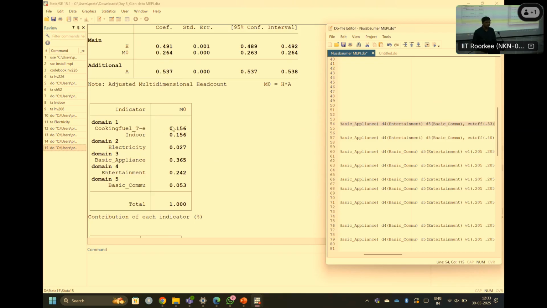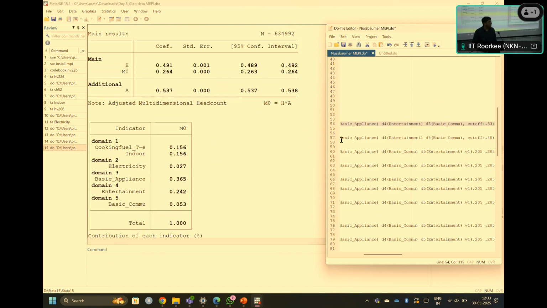So this is telling the contribution in the overall average, which is the basic one with the highest contribution, 0.365. Followed by the entertainment. Then others, right? Okay. And so this is one where equal weights are taken. Is there any question? Yes, is the least one.